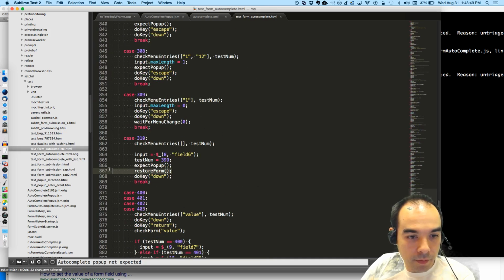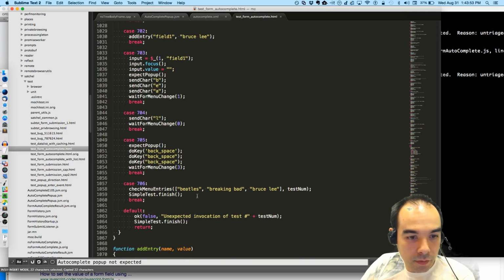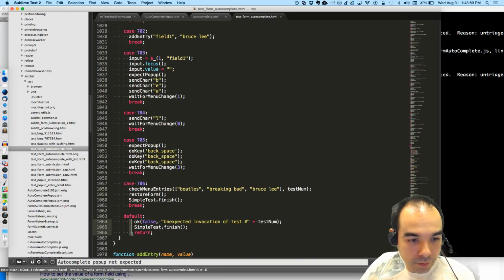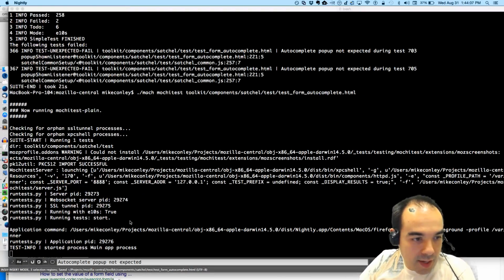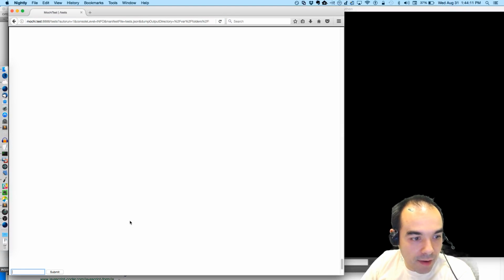Restore form. All right, let's try that. These tests blow. We need brand new tests for these things. It's important to test this stuff, but the current way these tests are written is really awful.